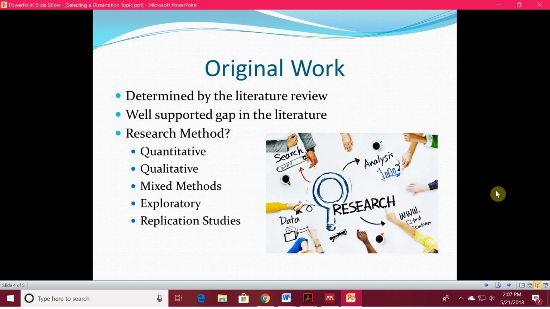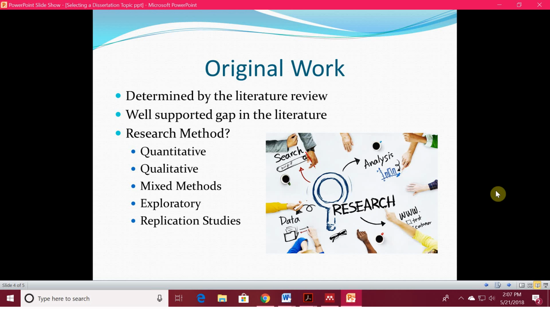Now, your research questions drive your research method, but a lot of times students are attracted to certain types of studies. So we have quantitative studies and qualitative studies. Quantitative usually tests a hypothesis. They're very, very specific, detailed questions. Qualitative, on the other hand, has a topic and conducts its study and then looks for themes and patterns in the data. And then there's mixed methods, which does a little bit of both. And that's starting to get a little bit big there. I do not recommend a mixed method study for a dissertation. That's a lot of data.